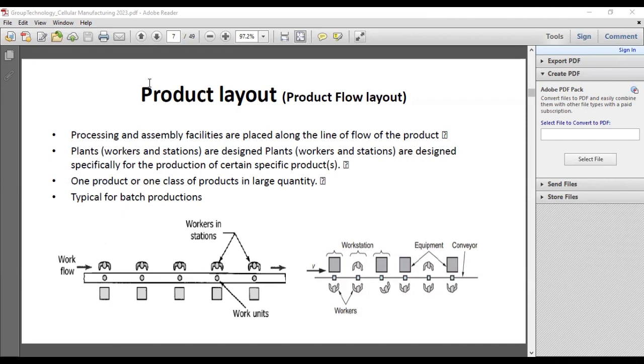So what is the difference is the product will flow, say you can say the departments, or the drilling department, or the milling department, lathe department, drilling department, and finishing or packing likewise. So from this work will go in order from each department,